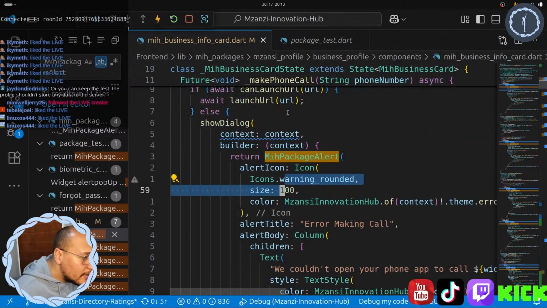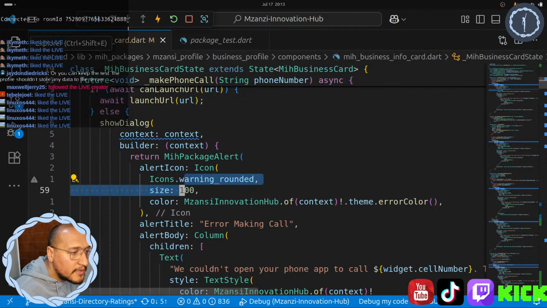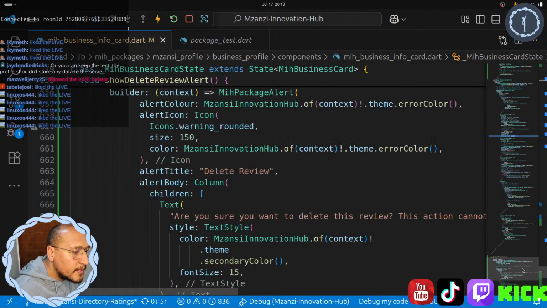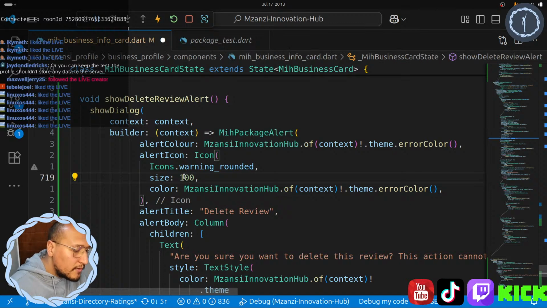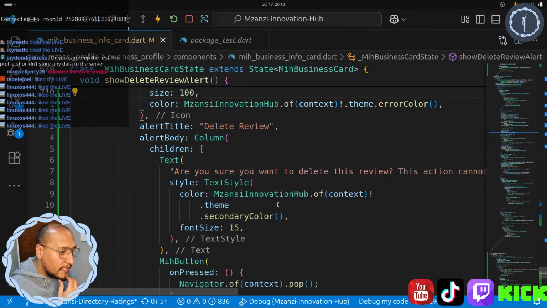Why am I on this one? Oh. Let me go back here, close this. And it's all the way at the bottom where I am. Yeah. So this should be 100, right? Swap it out for a 0. Then the review, that's fine. This is also 15, which seems to be fine.